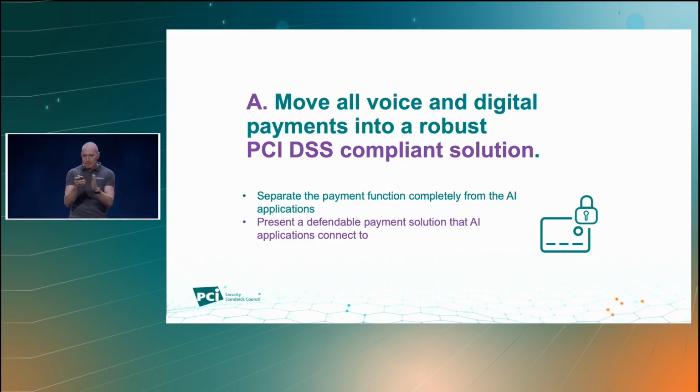What we're also doing is, if you separate it so that the payment is done by a PCI compliant method, that means the QSAs or the assessors can actually look at that very clearly, because the merchant is going to have an AOC as an output, since it's being provided by a level 1 PCI DSS service provider. So all of a sudden, it can be assessed and checked properly. And you can get your AOC and your ROC as a merchant to say, here we go, and I can show you how we are not getting exposed to card data because we've got a solution that's taking care of it, and it's easily definable.